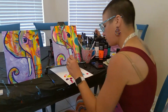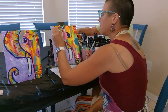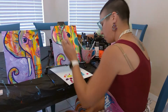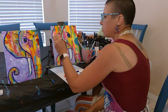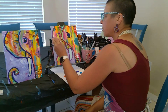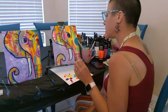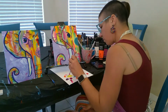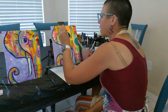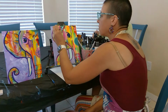I'm just adding stuff, adding lines. Little leaf shapes in the ear is what I did before, so that's what I'm doing now. Making it a little bit different than I did before, but sticking to the same feel. I'm just going to do that right there, and then I'm just going to take some blue and do the